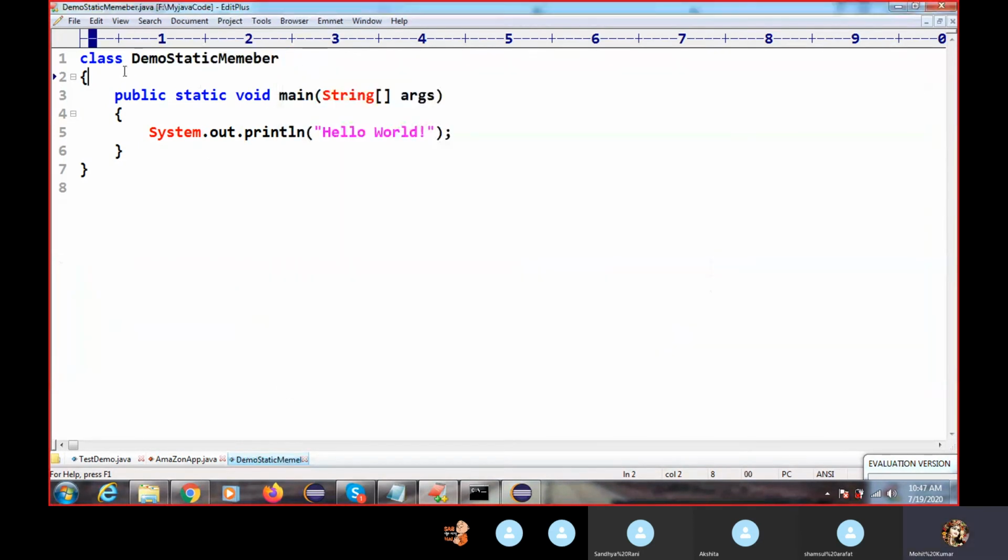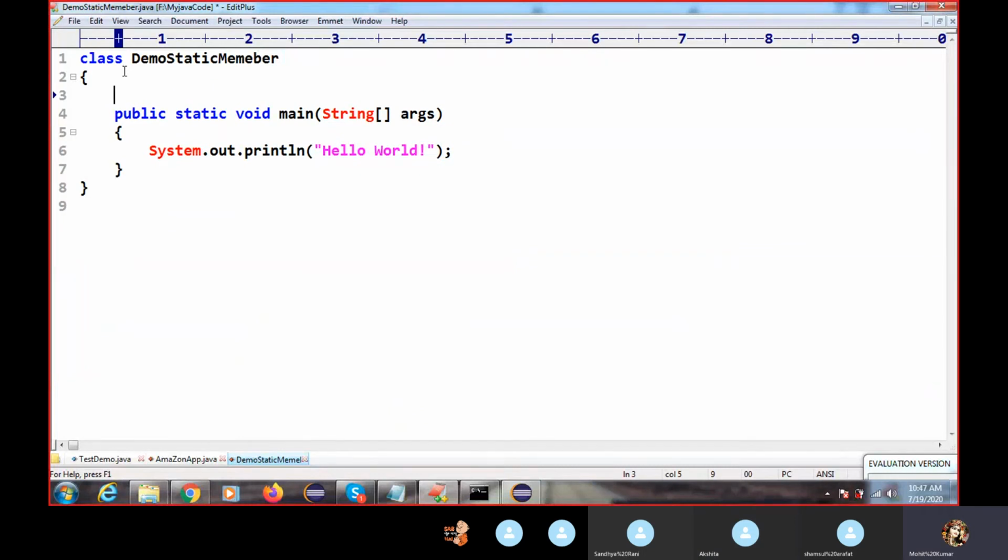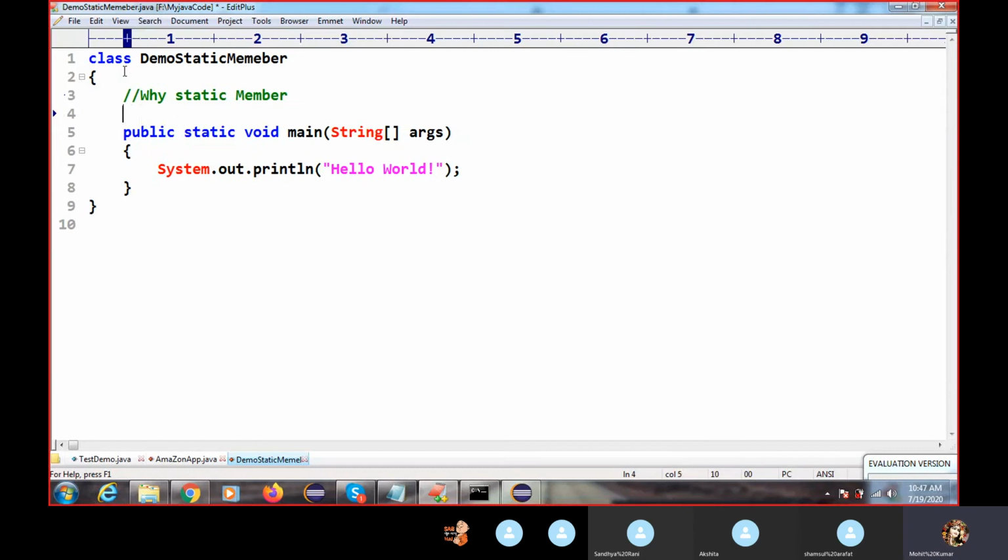Anyone can tell me why we use the static member? Types of static member, and how to create the static member, by using the static keyword.